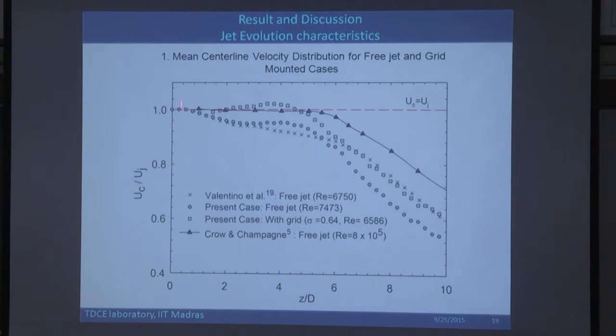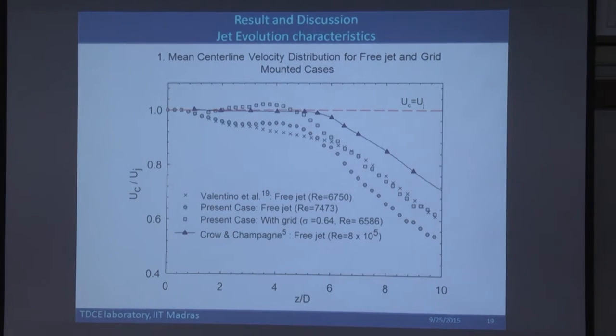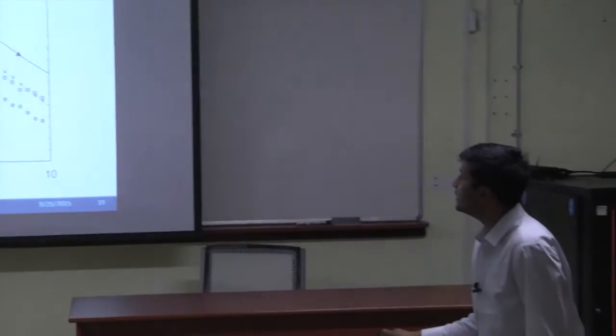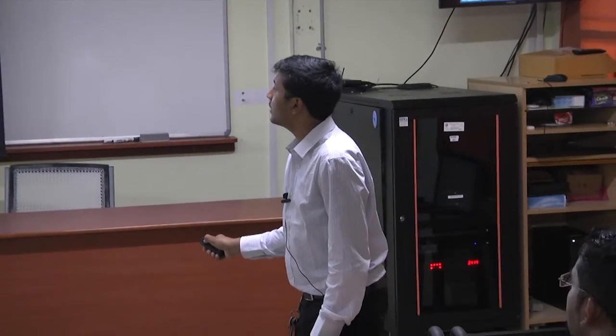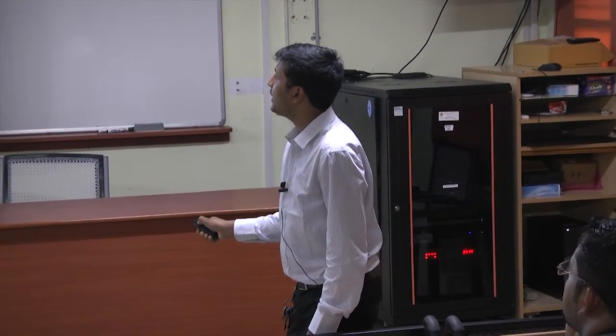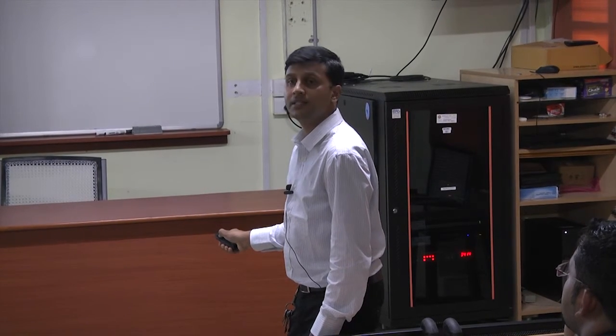So you could see that in a free jet, when you measure this is the axial decay of the velocities. When you have a jet, you place the probe in the middle and gradually traverse along the axis. So you could see that this region is the potential core region, which extends up to 6d, and then after the potential core region it starts decaying.